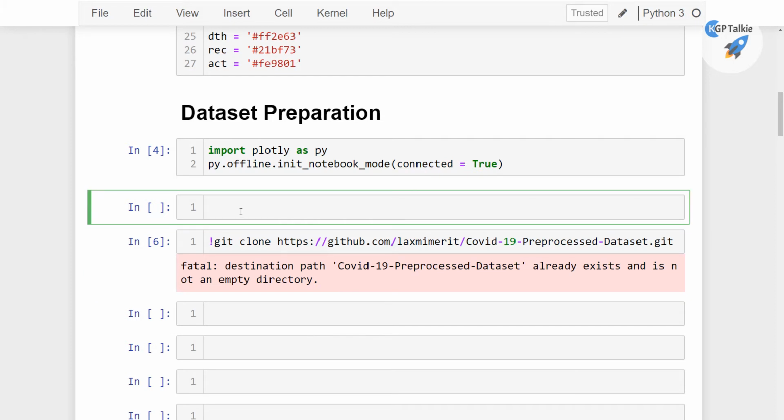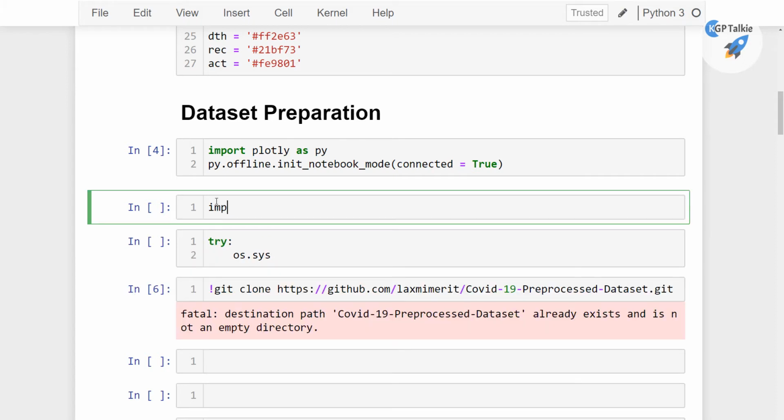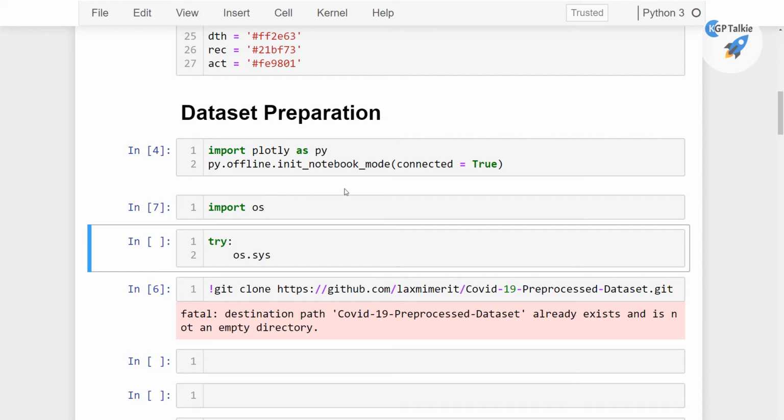So for that, I'm going to remove the repository by using a try, then os.system. Alright, I think we do not have os. Let's go ahead and import os as well. So we have here os.system, and then I'm going to run the following command: rm -rf, rm means remove, rf means recursively, that means remove all the files, and then I'm going to take this folder name which I want to remove.